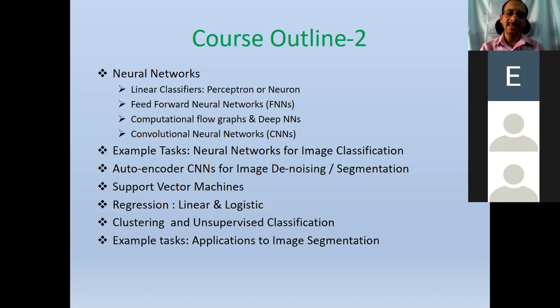Similarly, I may not discuss other things at all, like decision trees, and probably Parzen windows for density estimation. Some methods which are also part of machine learning I may not discuss, because I mainly would like to bring in machine learning to deep learning concepts. So I go in that direction.